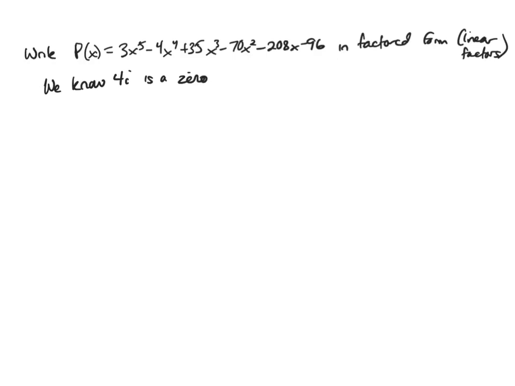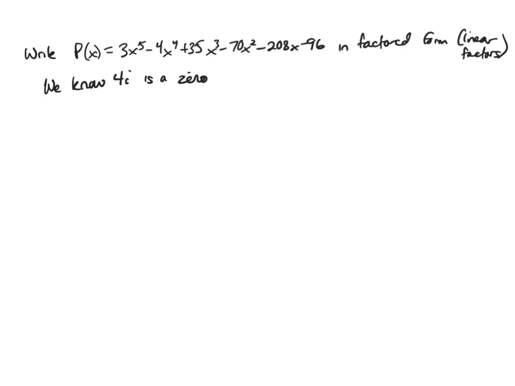Right, for this problem, we have a 5th degree polynomial. So there's a lot more work on this one to get it all the way down to linear factors. We're going to need to have 5 linear factors. We will start out by using the fact that since we know 4i is a 0, because that was given